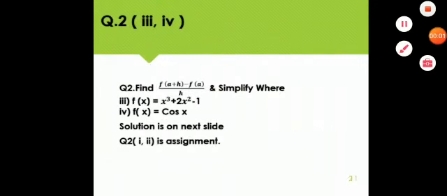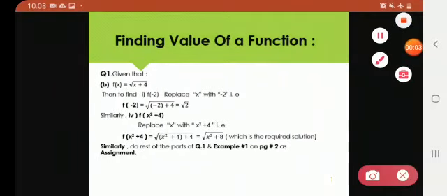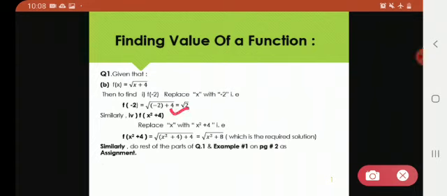Now, how would we find the value of f of x plus 4? Basically, we need f of x plus 4 for this function. Here, in f of x equals radical of x plus 4, we will be replacing this x with this x square plus 4. So replace x with x square plus 4. Here, this is your final solution.